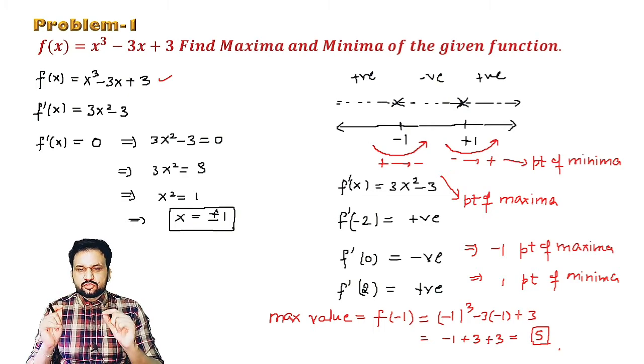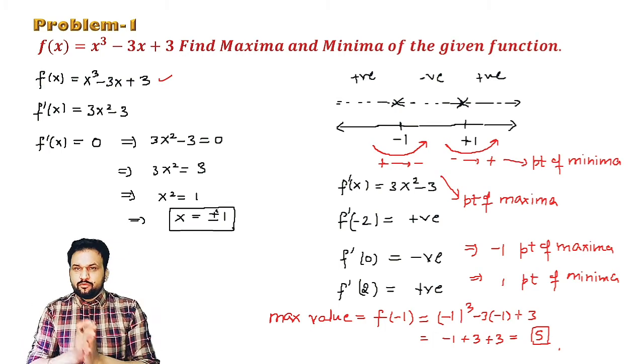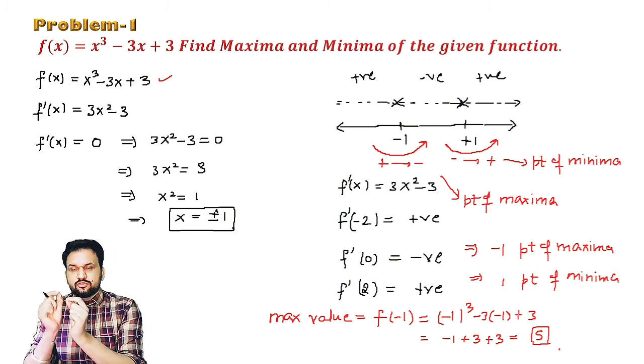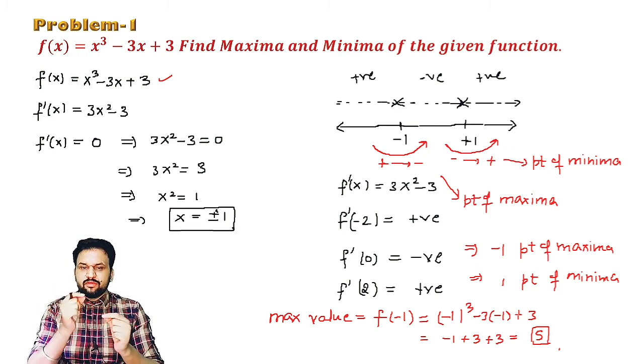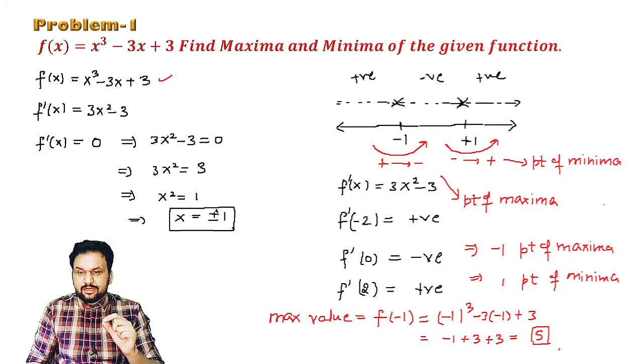Clear? So in the first order derivative, you just need to do 2 steps. The first thing, you have to calculate the first order derivative, and after that you put that derivative's equation equal to 0. As we put it equal to 0, we get the values of x. When you get the values of x, the 1 point, 2 points, 3 points, whatever points there are, after plotting these points on a real line, you need to check how your derivative f'(x) reacts in each interval, whether it is positive or negative.